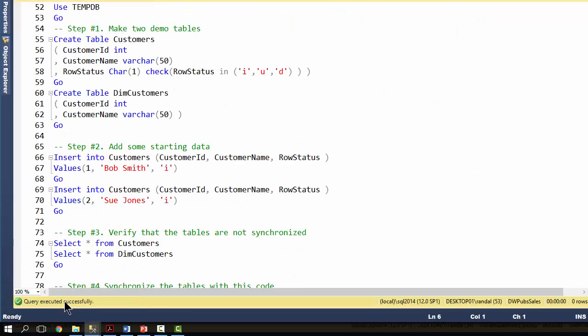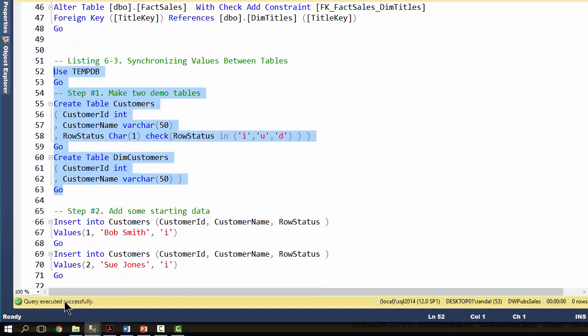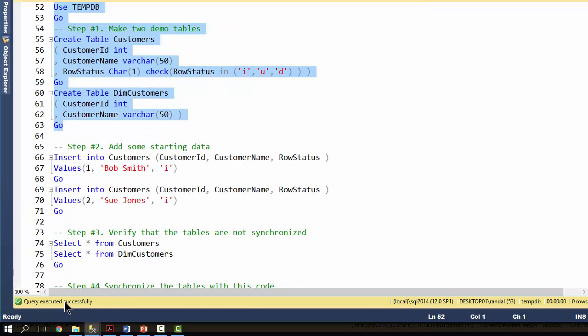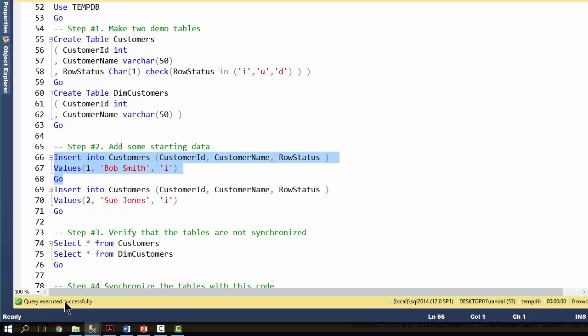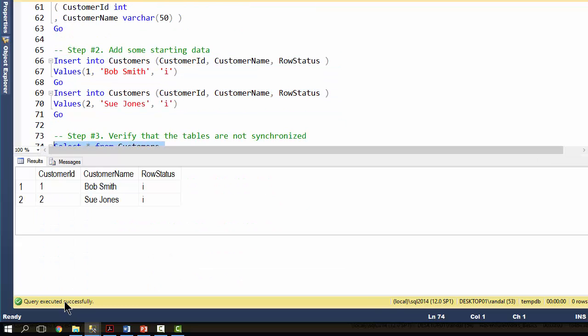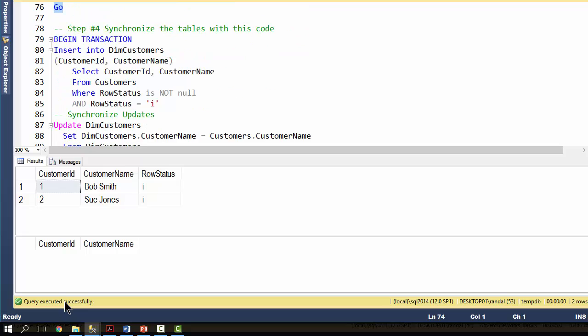Here's an example of a customers table and a dimension version of that, the dim customers table. And you'll notice that I've planned ahead for incremental loading by including a row status. Now this means that somebody has to think about this and plan ahead. But then when I insert my data, I just add on a status flag. This is a flag here. So inserting this data will be flagged as an insert. If I look at the tables, I can see that yes, they are out of sync,